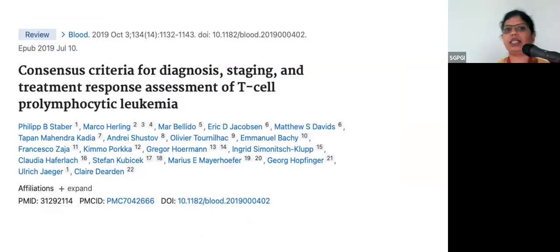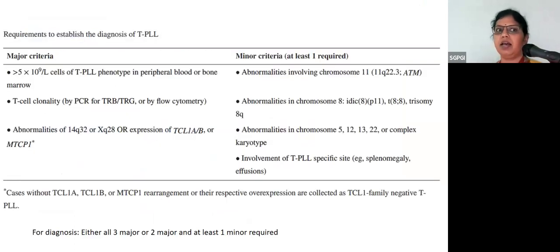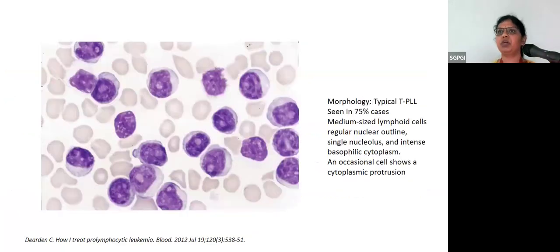So coming to the consensus, the diagnostic criteria for T prolymphocytic leukemia, these are the enlisted major and minor criteria, of which you require either all 3 major, or 2 major and at least 1 minor for the diagnosis. So now, coming to a brief description of this entity,